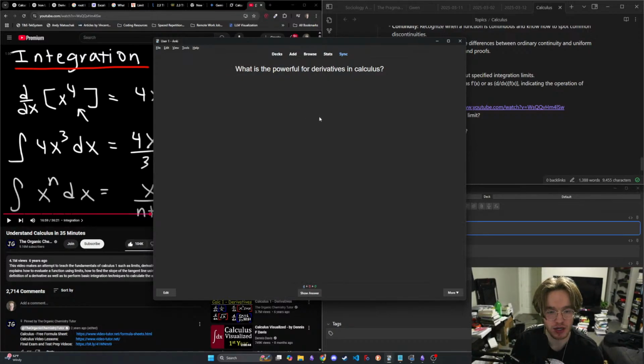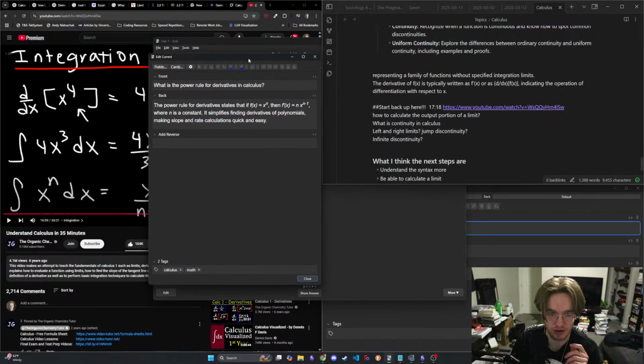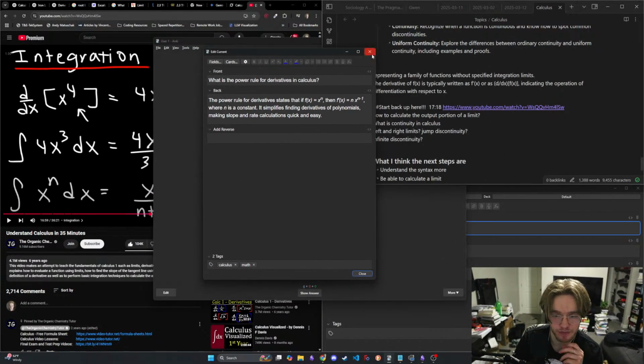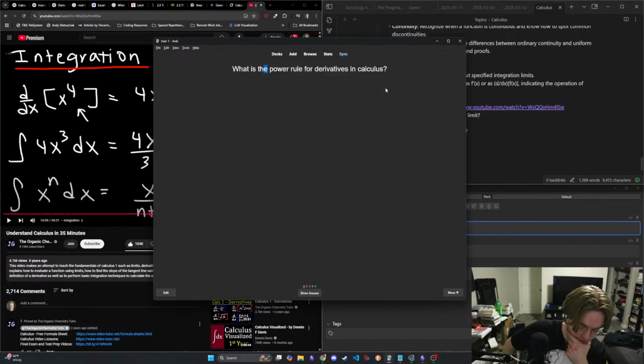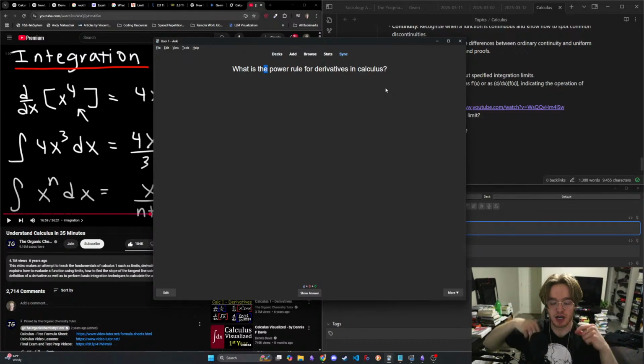Okay. What is the power rule for derivatives in calculus? Okay, I remember this one. This is a really quick way to determine a derivative, if you have a function that enables it. Let's say we have x to the 5. To take the derivative of that,